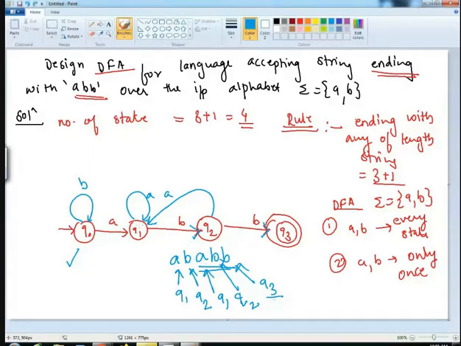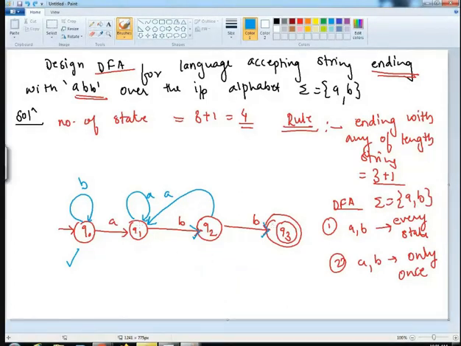Now the last Q3 state. Let's see where to place the input alphabet of Q3 state. If I give a loop of A, this will be incorrect. Why will it be incorrect? If I give A, B, B, A, the machine is going to go to an accepted state, but the condition is not getting satisfied. The condition says that it should end with ABB.